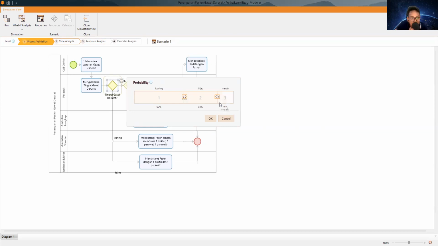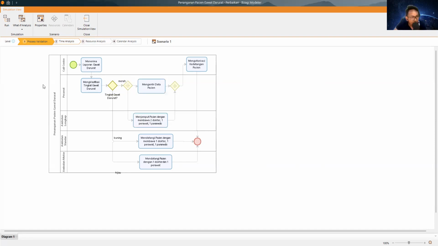I set the yellow at 50%, the green is 30%, and the red one is 20%. We click OK. After that, we click the run button.